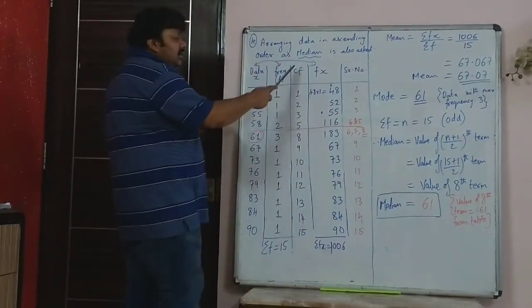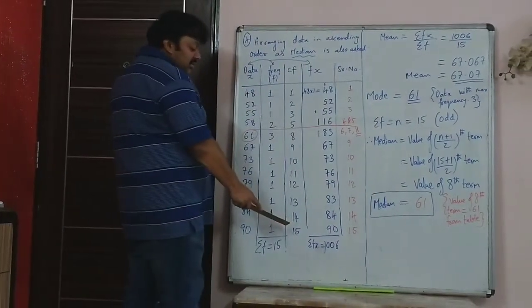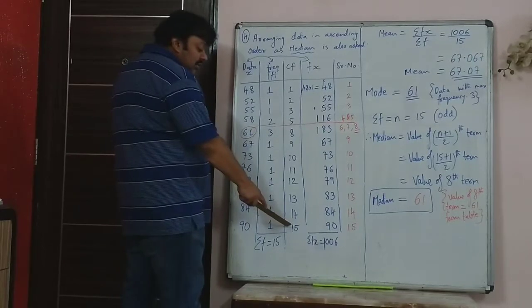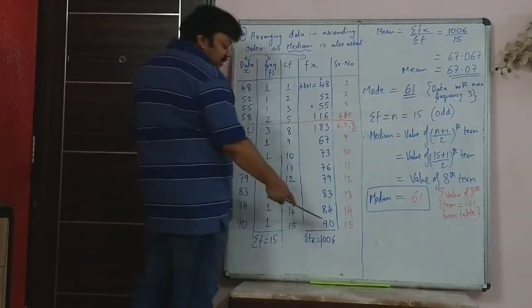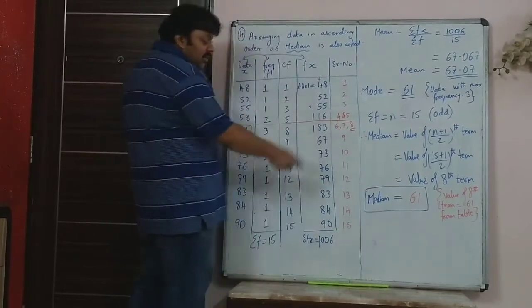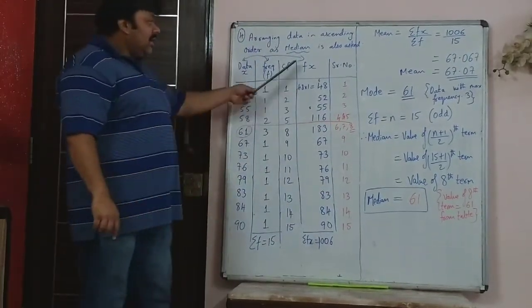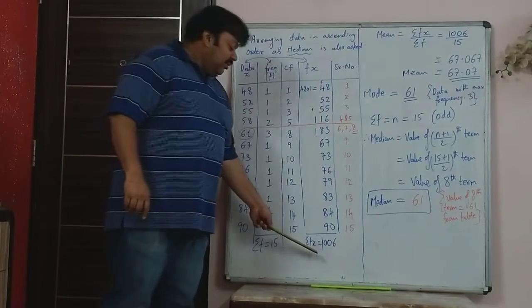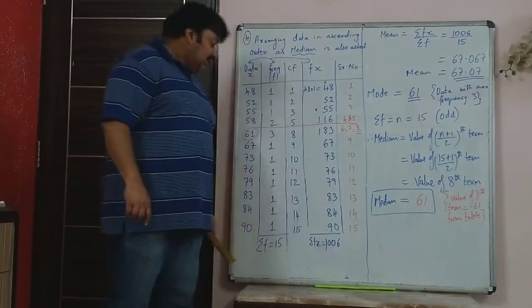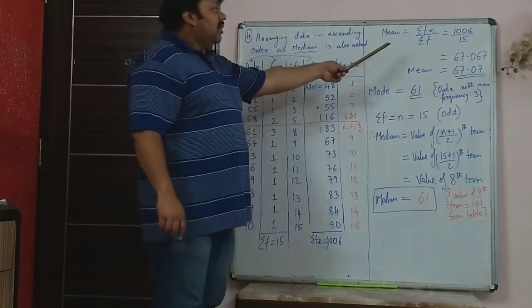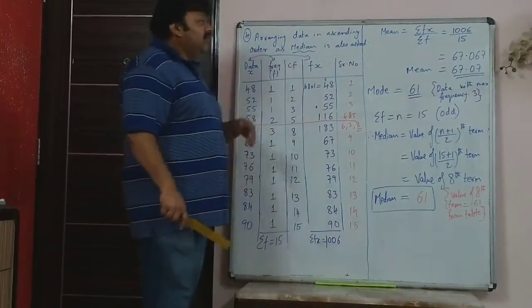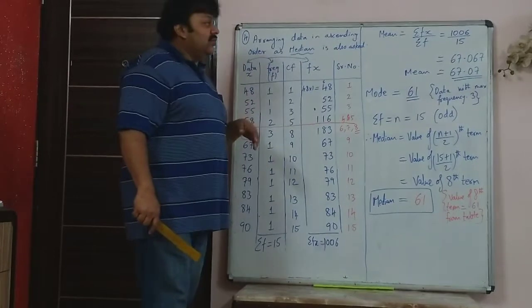So after that, this was the cumulative frequency, 15 people. The last person, the oldest person who went on the trip, was 90 years old. So that is the 15th person, roll number 15. So sigma fx, which is required for mean, is 1006 and sigma f is 15. So mean is sigma fx upon sigma f. So 1006 upon 15,